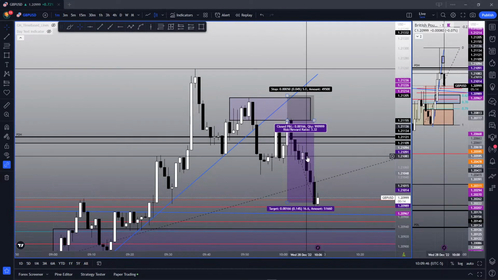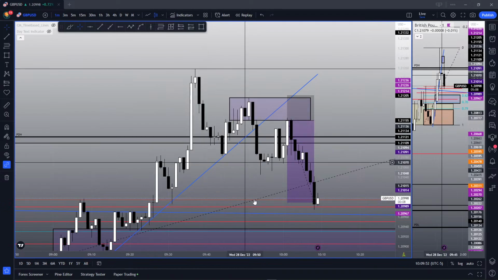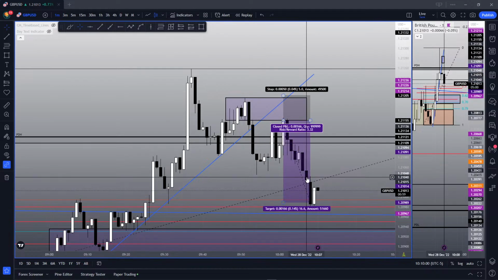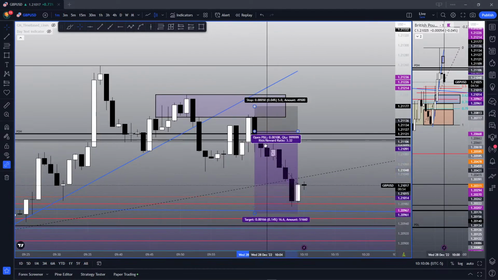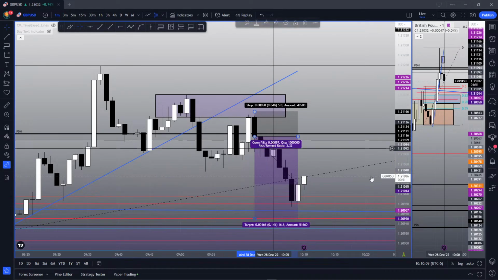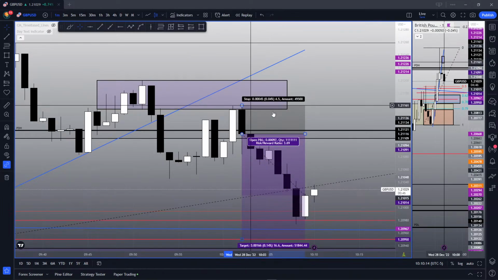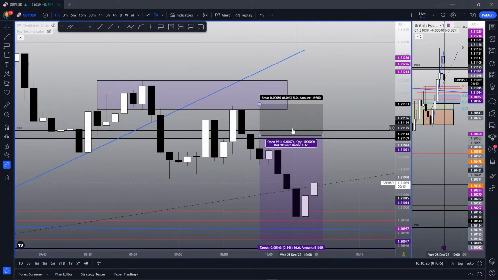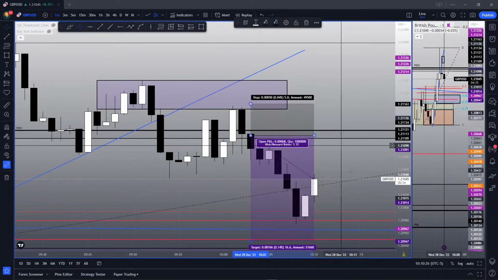Now, of course, if it's the other side and price comes back down and retraces, you don't need to wait for a clear transition just yet. My bad. As soon as the candle closes here, you can just enter the trade, or you can enter the trade later. Always wait for something to happen, which should be fine. You can always wait for a better price, so you can enter after the candle has been confirmed, and you can always set your stop loss below the previous high, which is fine by me.